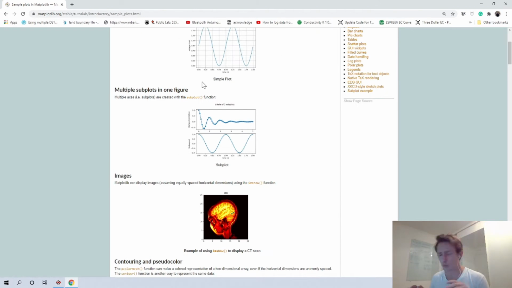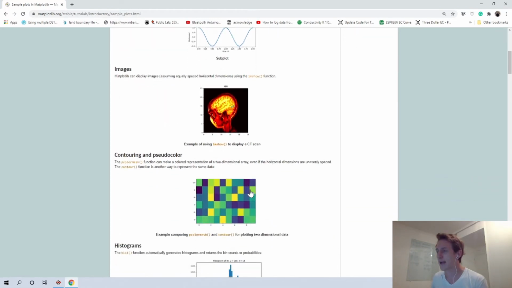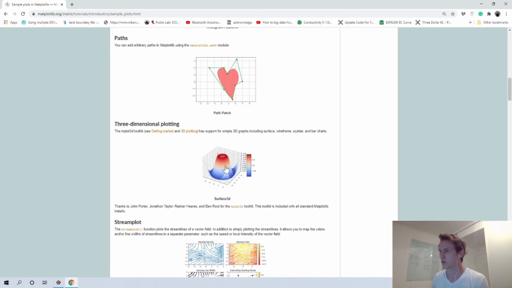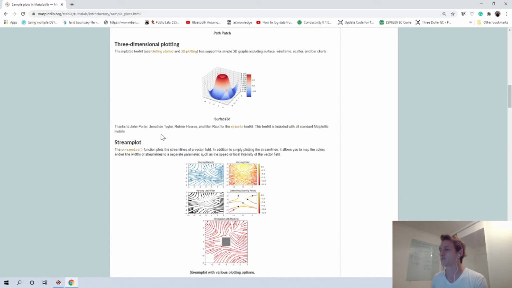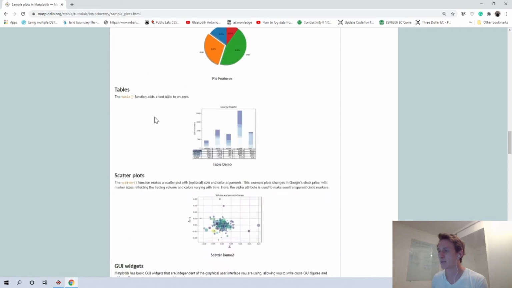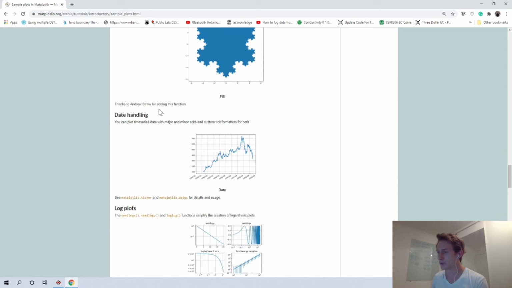This is an extremely basic course, so we just cover the basic things related to Matplotlib. We'll cover this one. You can process images. You can create heat maps. We can create histograms. We will discuss that too. We can create three-dimensional plots. We can create bar charts, pie charts, tables, and scatter plots.